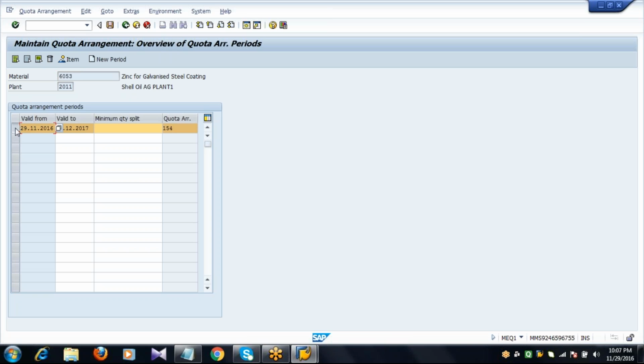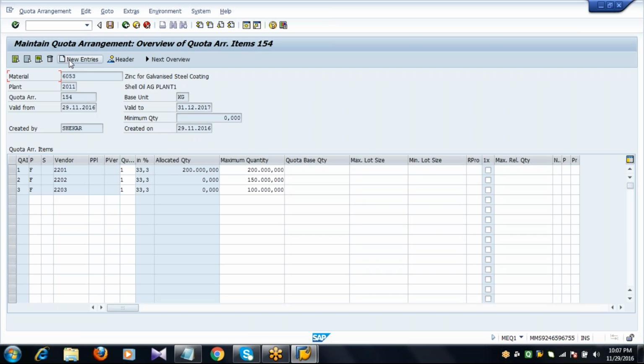select the line item, click on item overview, and here it automatically displays the quota allocated quantity to whichever supplier you have created the PO for. So this allocation is completed, done.